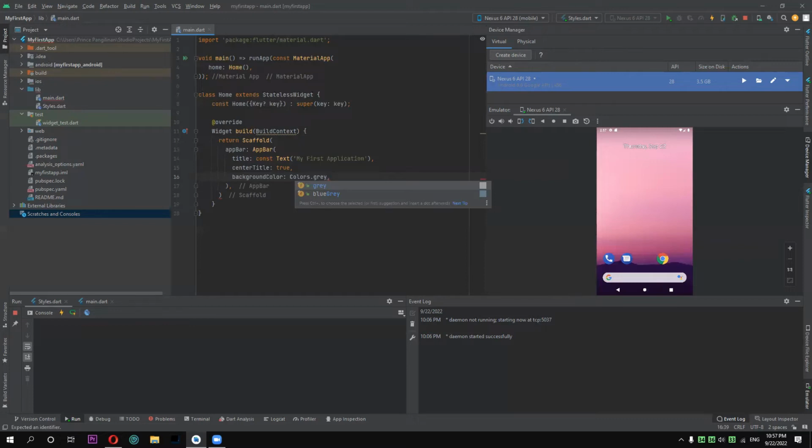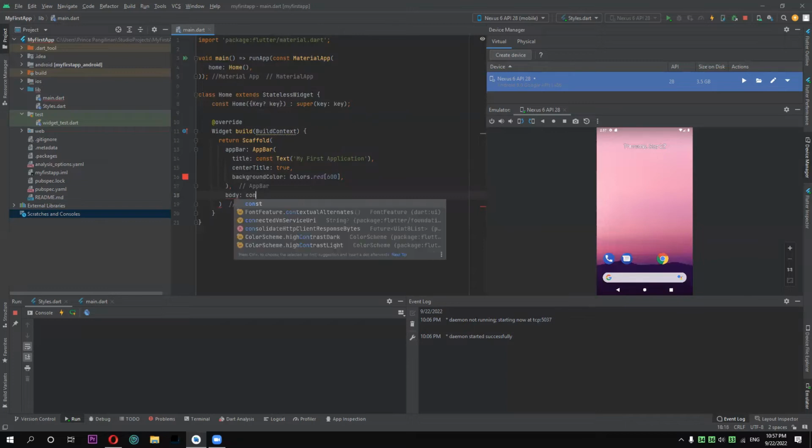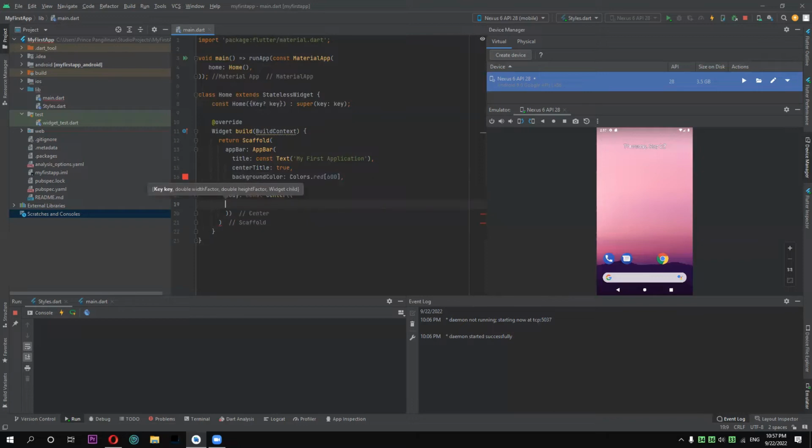No, I think it's red, 600. This is the code 600. Then next, we're done with the AppBar. So let's proceed to the body, which will be the center of the application. const Center, open parenthesis, child,